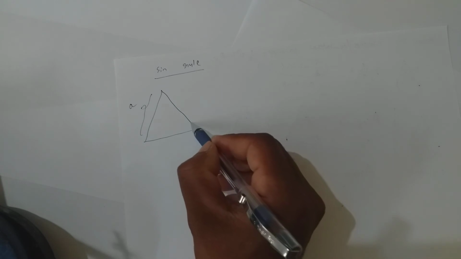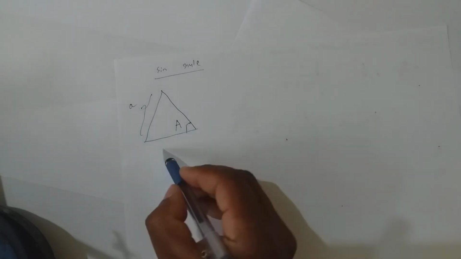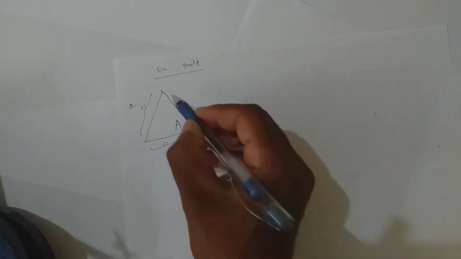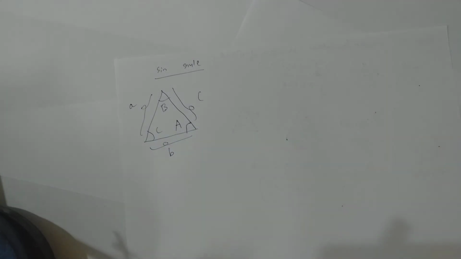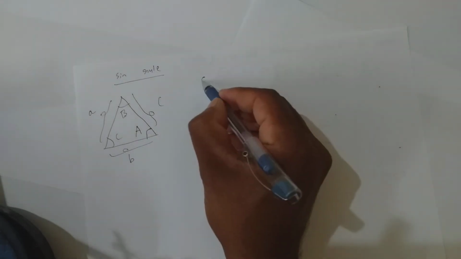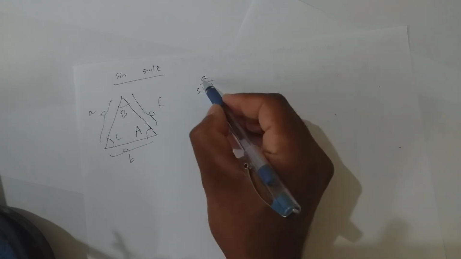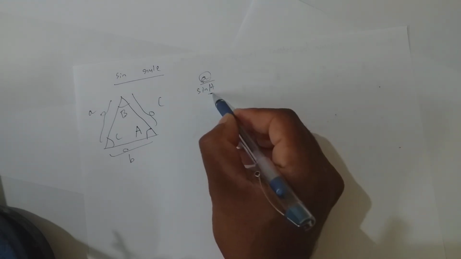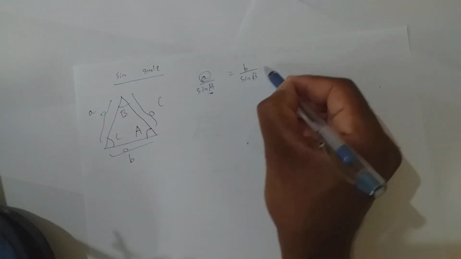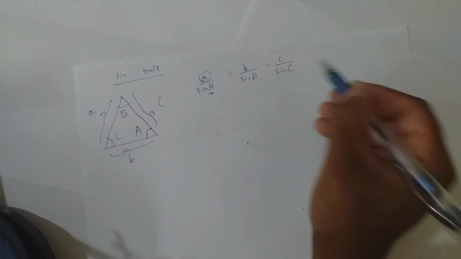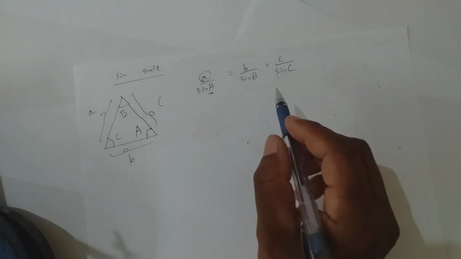Next formula in this radians lesson, you should know the sine rule. If this length is a, where would that opposite angle be? This one. So this is capital A, let us say, and if this is b, where would the opposite angle be? This one. If this length is c, the opposite angle will be here. So what does the sine rule state? It's nothing but a by sine A, whichever side you are taking, the angle should be opposite to that side, equal to b by sine B, equal to c by sine C. This is the sine rule we will be using in the sums.